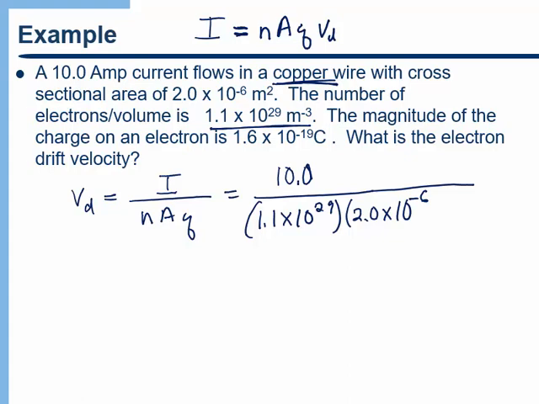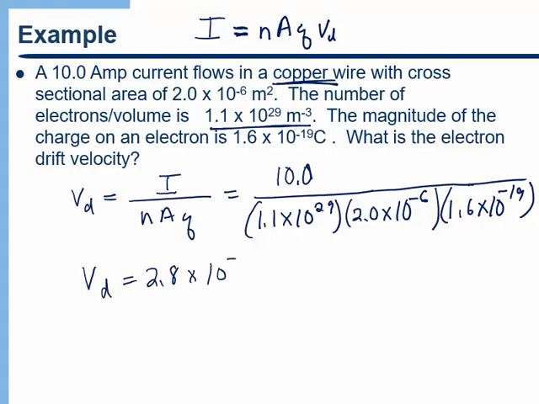By the way, the reason I came up with that number is that's roughly like the wires we've been using in the lab. And then finally, I get 1.6 times 10 to the negative 19th for the charge on each of my charge carriers. Well, if you work that out, you should get 2.8 times 10 to the negative 4th